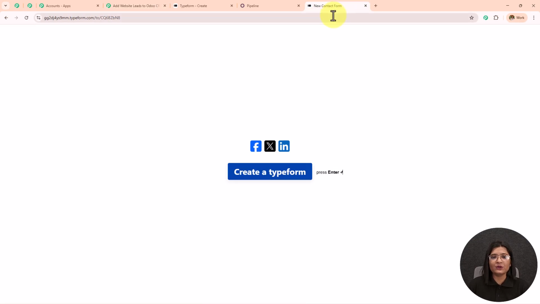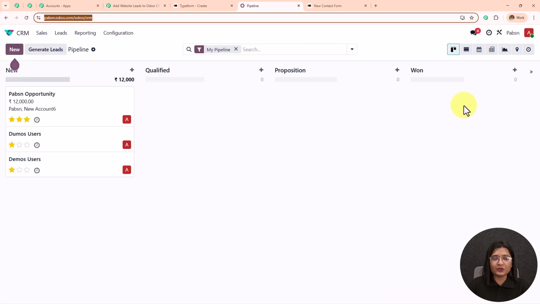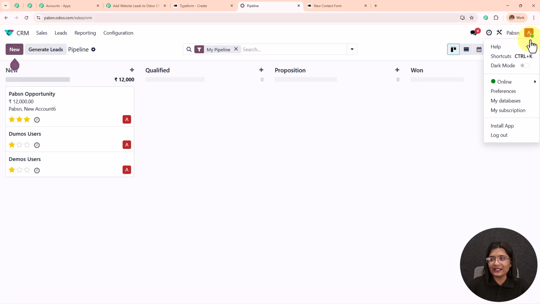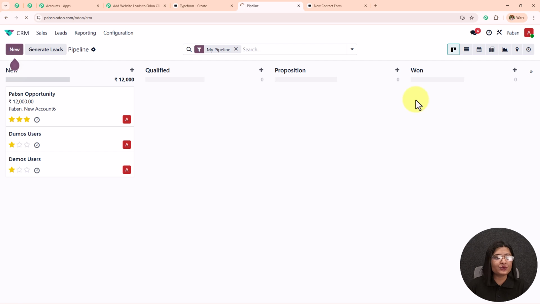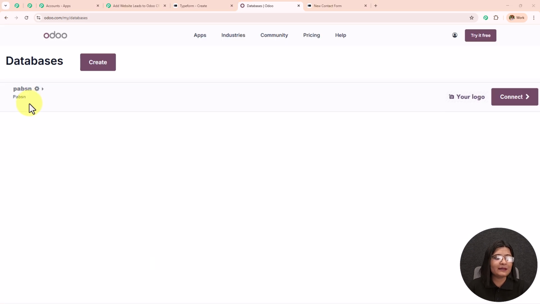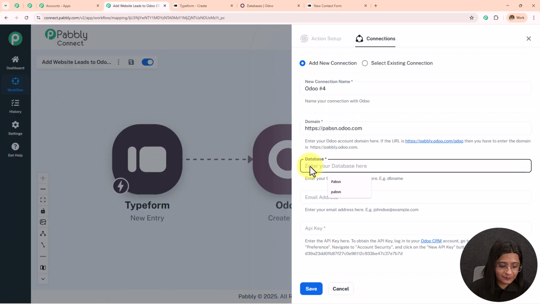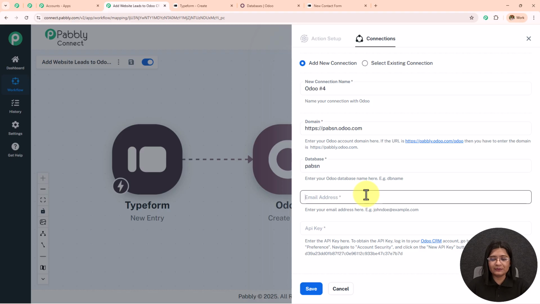Now if I open my Odoo account, on the top you can see that I have this profile, and from here you can see my databases. I'm going to open this, and here my database is by the name PABSN. So I'm going to simply write that over here. Then we have to enter the email address with which we have created this account, and then we have to